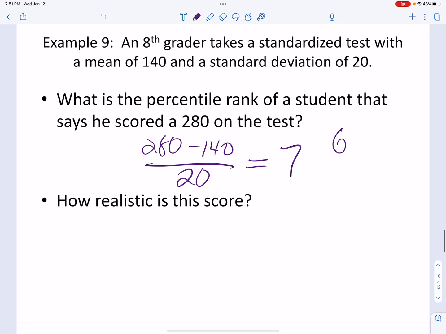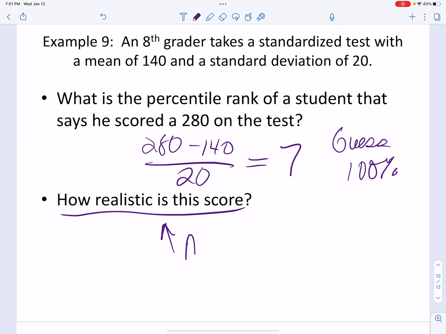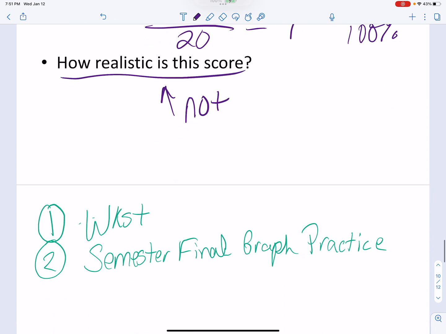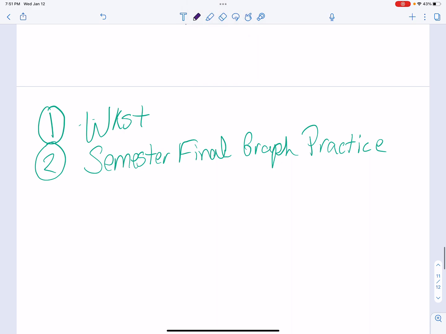So what percentile is this kid in? I would guess 100% because he's 7 standard deviations away. How realistic is this score? It's not. You probably have more of a chance of getting hit by lightning sitting in our classroom than you have of getting this score on the test, because it's 7 standard deviations away. That's well outside. An outlier is 1.5 standard deviations, so this would be considered way more than an outlier. Okay, so that should help you. Hopefully it